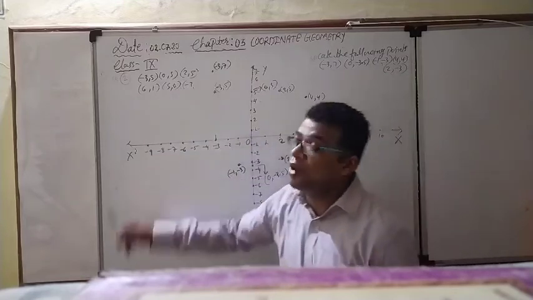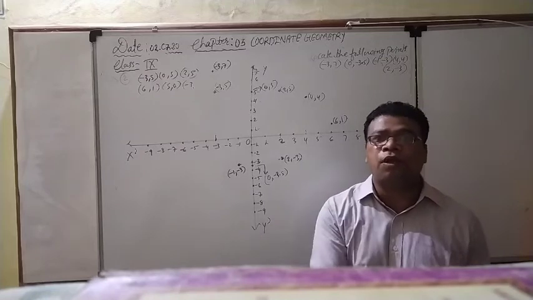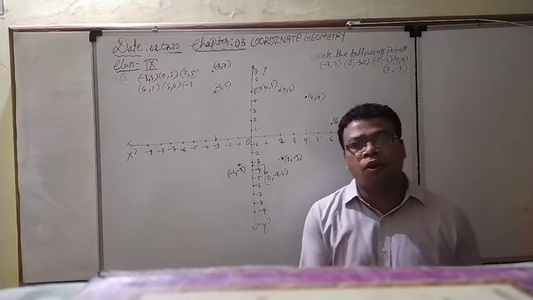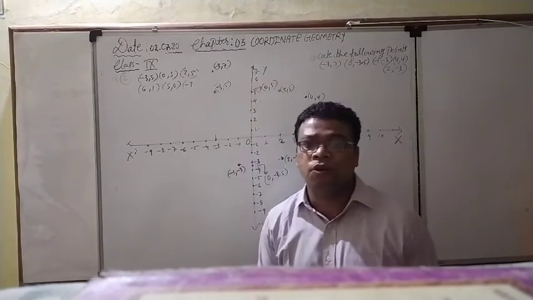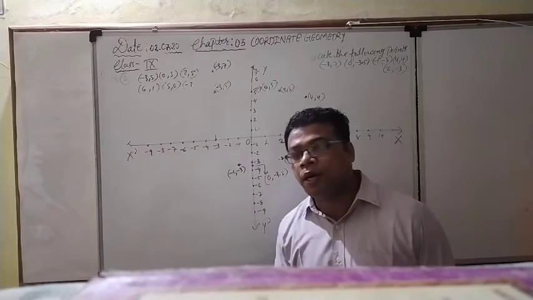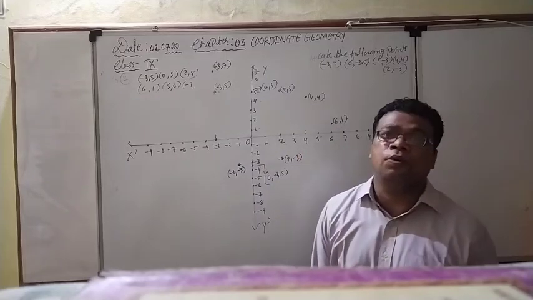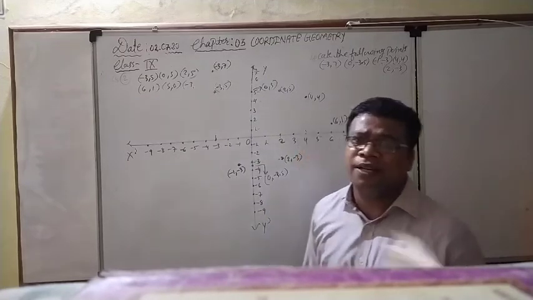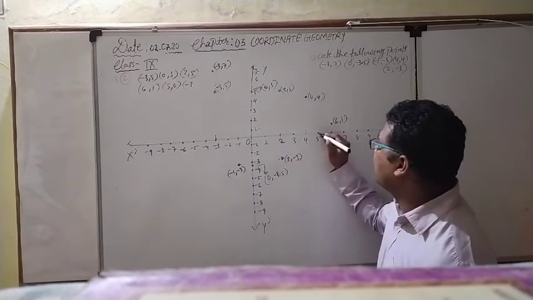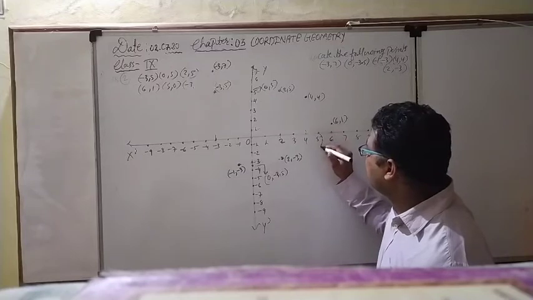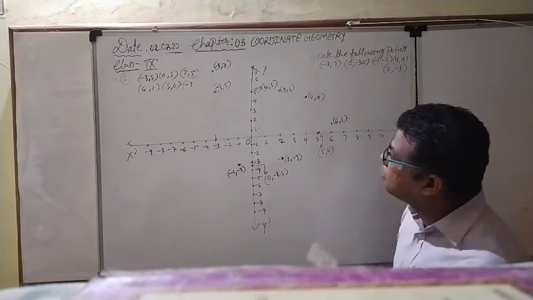Right now see the next point, 5, 0. 5, 0 means y coordinate is 0. If the y coordinate is 0, that particular coordinate is always present on the x axis. Opposite case of this: if the x coordinate is 0, it is present on the y axis. If the y coordinate is 0, it will be present on the x axis. You can see y coordinate is going to be 0. And what is the x coordinate? 5. So directly search 5. It is present in the positive x axis direction. So directly search 5. This is the 5. So actually this particular point will represent the 5 and 0. You can dark it afterwards.